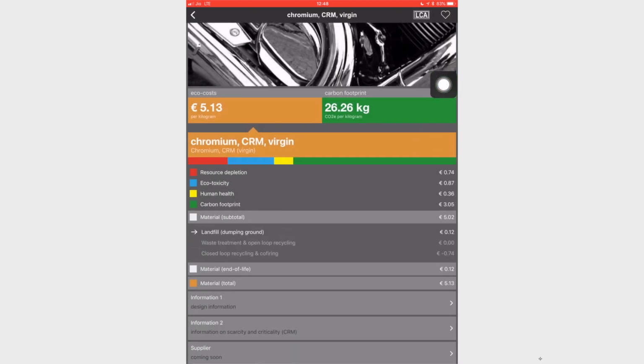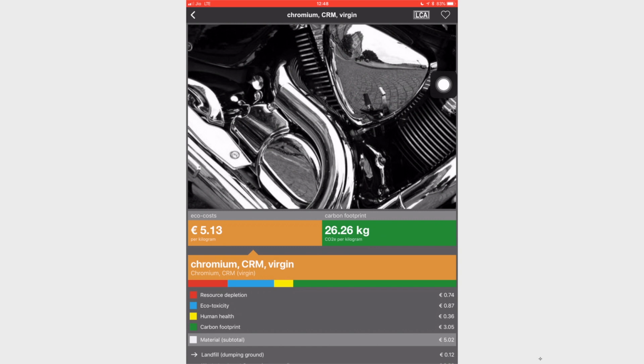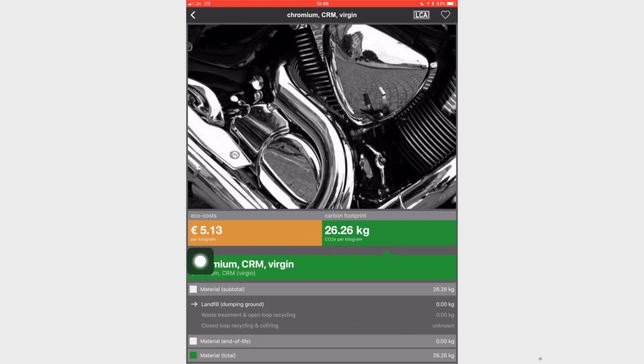Now, if we go into any of those metals, first what you will see is a picture which depicts the kind of application that you can do with that material. The eco cost, so when I am in this orange bar, I am looking at the eco cost. If I click on this green bar, I look at the carbon footprint. So, let us look at the carbon footprint.